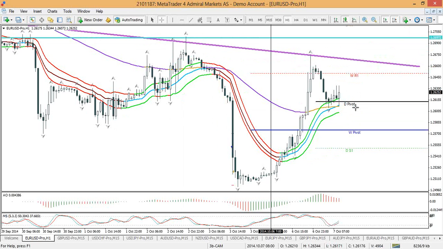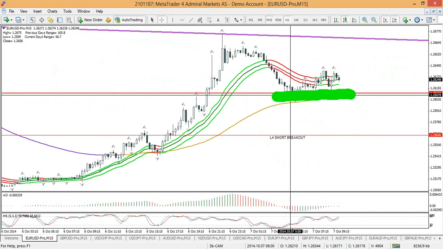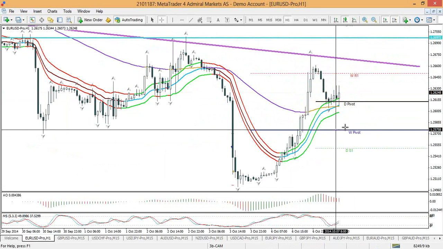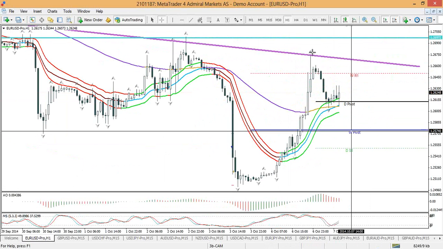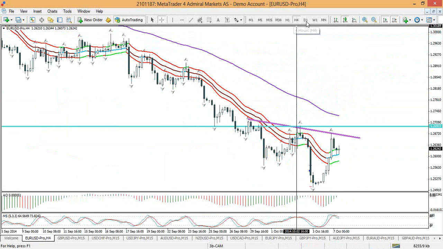Then I could be looking for maybe a break below L3, for instance. And the first target could be L4, which is also equal to roughly the weekly pivot point, which is now below us, unfortunately. But looking at the bigger trend on the daily that we can see here,